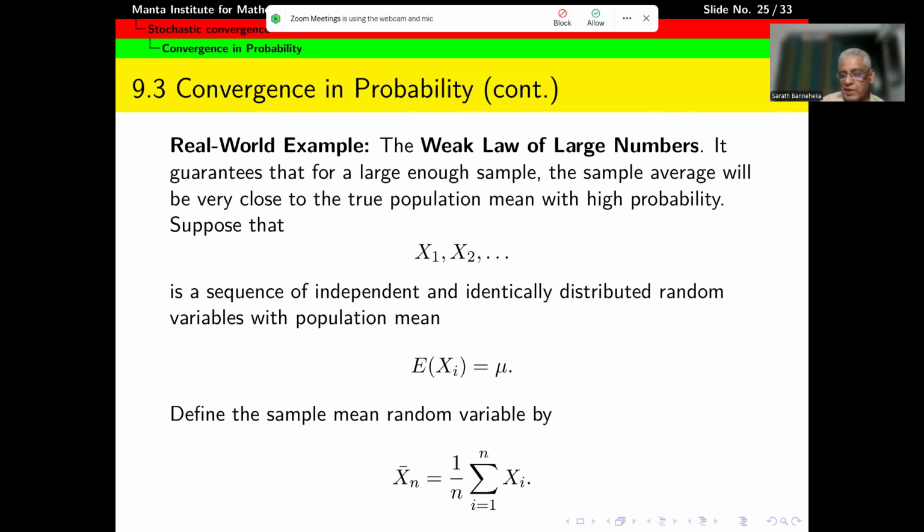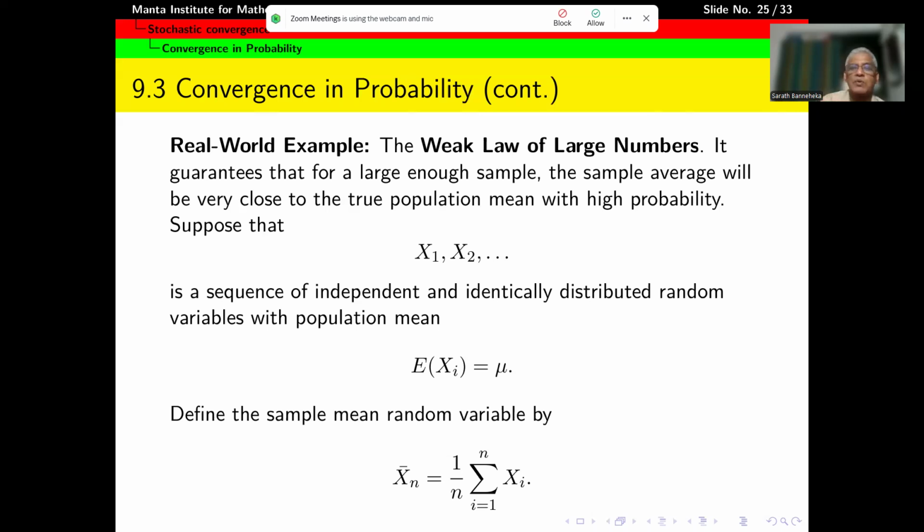So again, the same idea, but now here notice again, earlier in the strong law of large numbers, we talked about converging xn bar, the sample mean, to the population mean almost surely, right? Converging xn bar to mu almost surely.